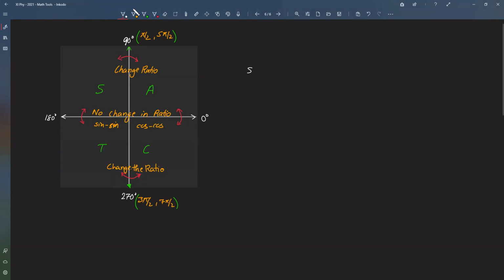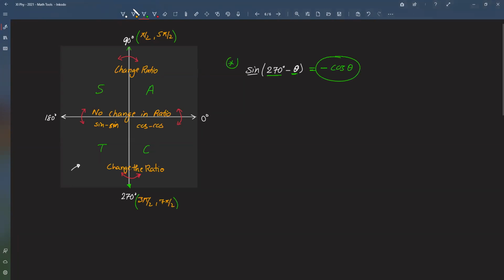So for example, now if we have to find sine 270 degree minus theta. So see, it is sine 270 minus theta. As soon as you do 270 minus theta, that means you are in the third quadrant, and in the third quadrant sine is negative. So first you write that this will be equal to minus, it will be a negative value. And what? It is 270. 270 is on the y-axis. So if it is on the y-axis, sine will change to cos, cos will change to sine. So this will be equal to minus cos theta.